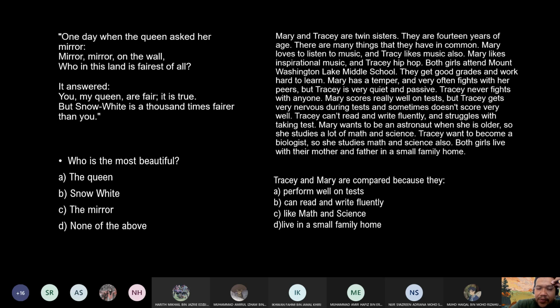Mary and Tracy are compared. Maksudnya apakah persamaan dia? Apakah persamaan mereka? Mary and Tracy. Okay, they are twin sisters, 14 years of age. Many things they have in common. Okay, both of them love to listen to music. But then Mary likes inspirational and Tracy likes hip hop. Okay, both will attend Mount Washington. So they are compared because they